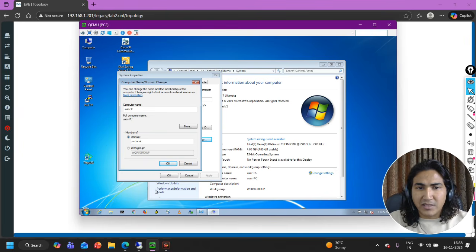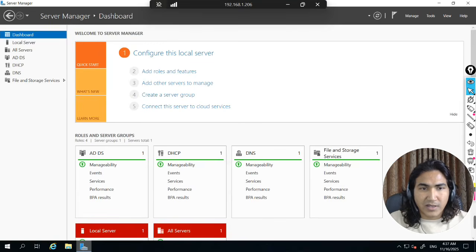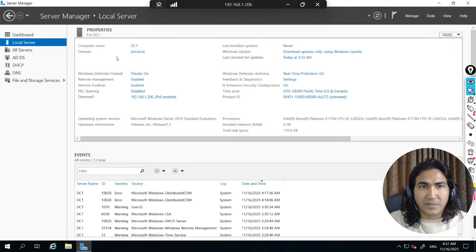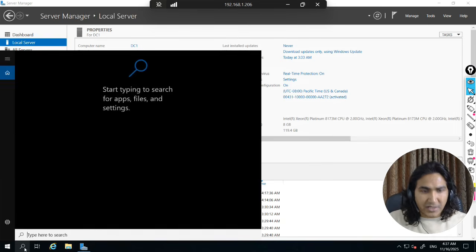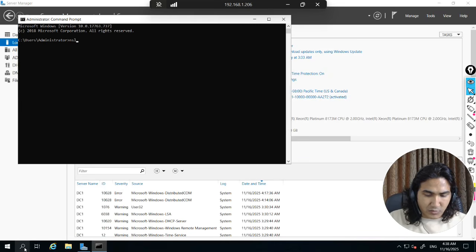Before that, if you want to see the Active Directory server, my Active Directory server is here. If I show you the Server Manager, here you can see Active Directory is already installed, along with DHCP and DNS. For DNS you can see DC1, and the domain name here is the local domain. Click on Local Server. My domain is pm.local, and on the server, let me show you the cmd and nslookup